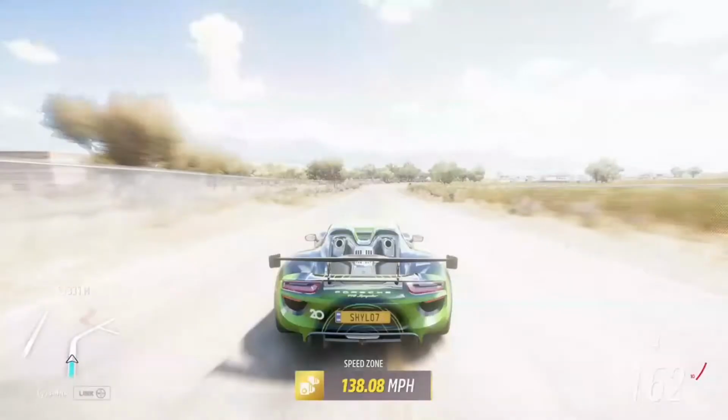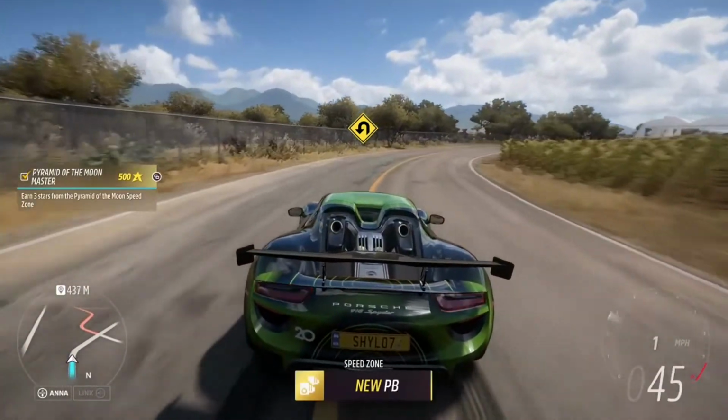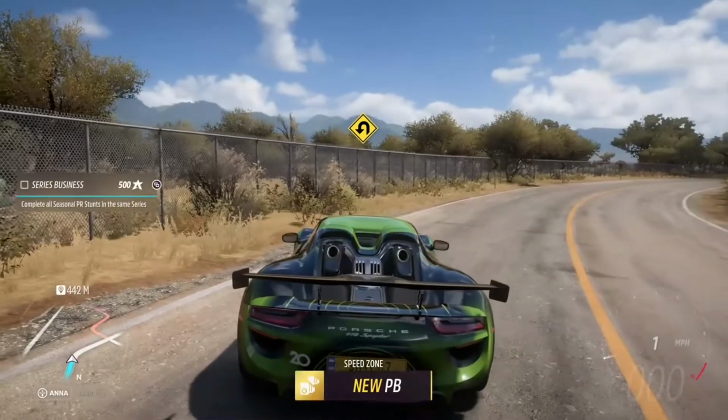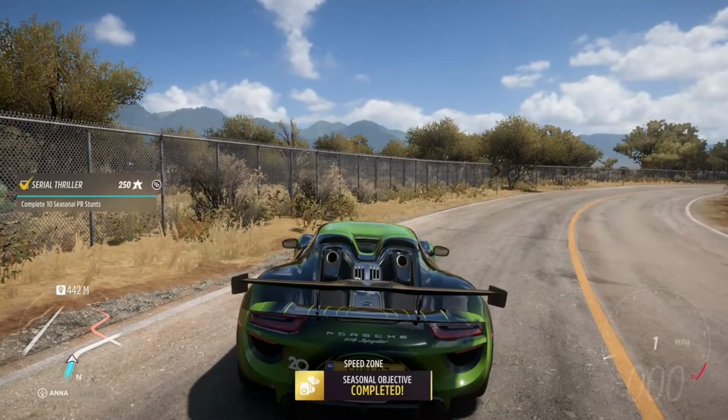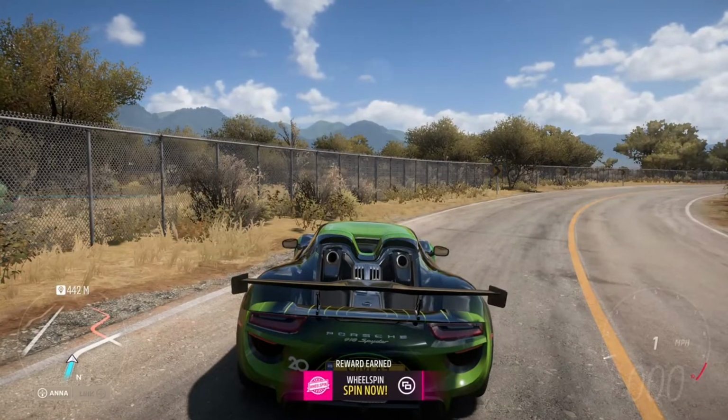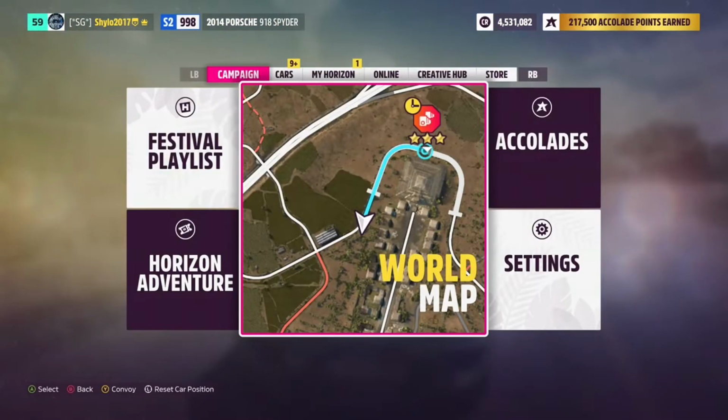So there you go, 138 mile an hour. So in the end it was actually pretty easy. I'm just rubbish at driving. So that is the Pyramid of the Moon speed zone. And now we should move on to the next one,